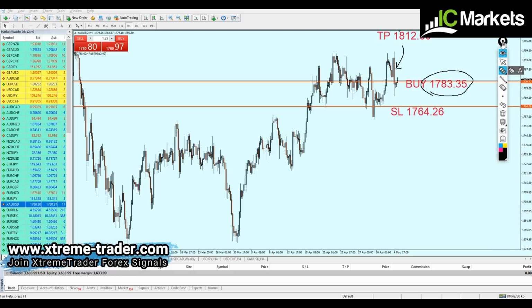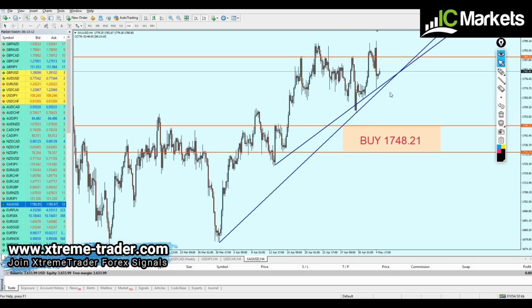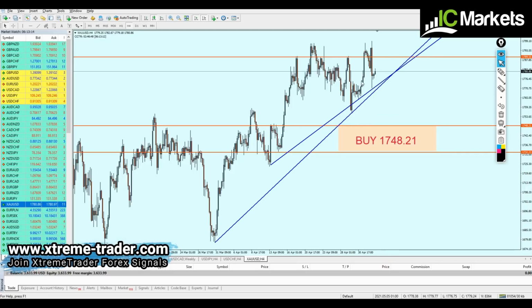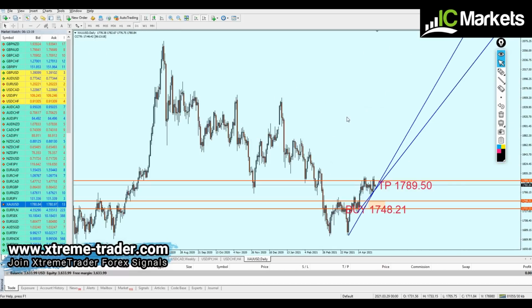Actually, there were some changes because the actual level was 1779, and I forgot to fix this one in the video. However, let me just make sure for you. Let's go back here, and as we can see right here, the gold is actually facing a strong support level, exactly right here, facing a strong support trend line. I mean, it's very obvious for me that the pair is going to continue the rise right after hitting that support trend line. So therefore, what we can expect from the gold, if we look at the daily chart,